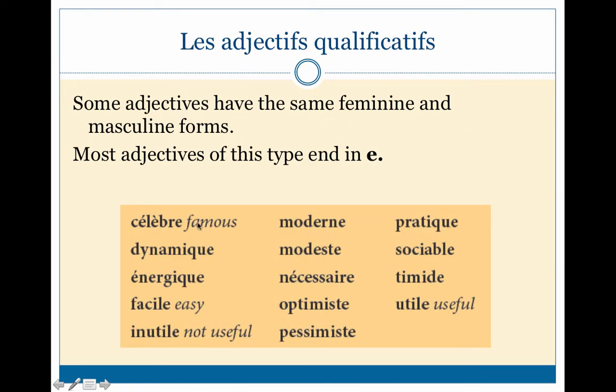Now some nouns are already going to end in an E. So they're going to have the same masculine and feminine forms, okay? And there's one exception to this, but let's look at these first before we move into that exception. So as you can see here, there's no need to reinvent the wheel. We don't need to worry about adding another E on here because they already have one. Now, if they were plural, we would certainly add an S. So let's do some pronunciation work with these words.